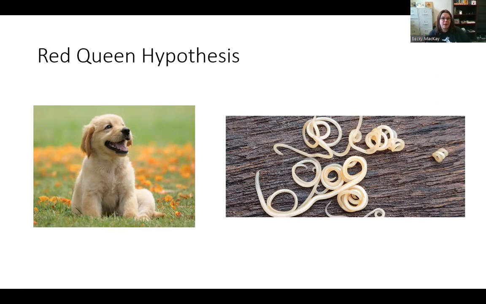So we see this a lot in parasites, where puppies, you know, can get dewormer and stuff, and it kills all the parasites. But then we end up getting a mutation, and the parasite becomes immune to that. Kind of like we talked about with antibiotic resistance. So that dewormer doesn't work anymore. And not all of them become immune immediately, just a couple do. But those couples survive. And so now that dewormer doesn't work anymore, you got to get a new one.